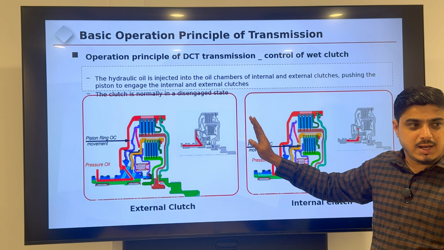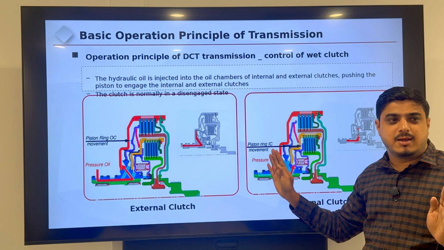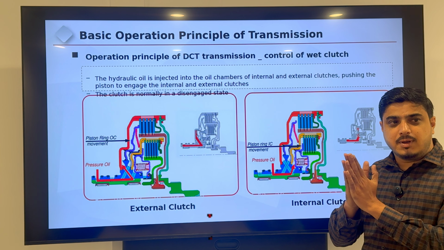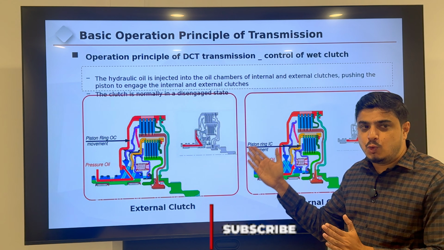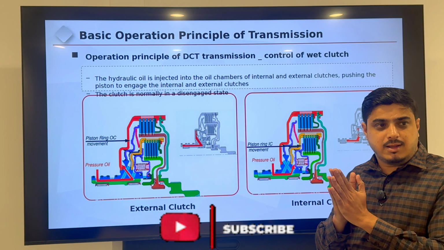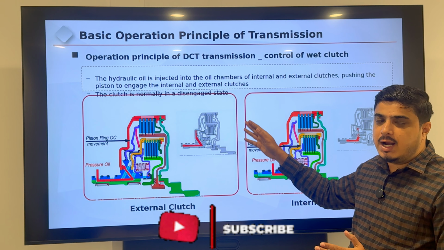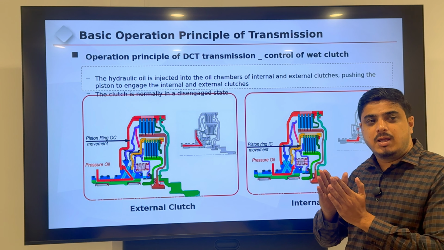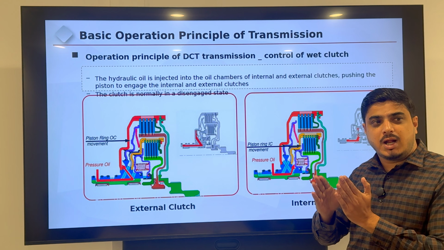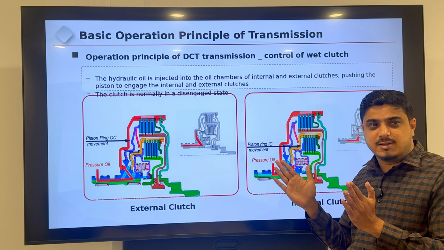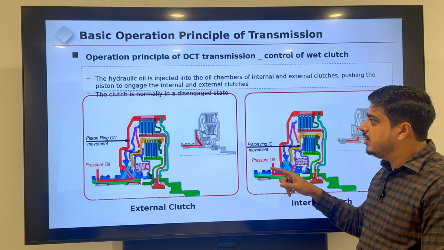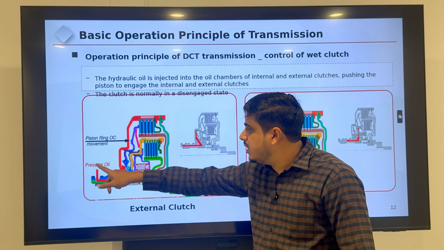Here the clutch is always disengaged. In manual it is in the engaged state. What is used to engage the clutch? It uses hydraulic pressure to engage the clutch. In manual transmission, to disengage the clutch, it uses hydraulic pressure only to disengage the clutch. This works oppositely. You can see here, this is pressurized oil